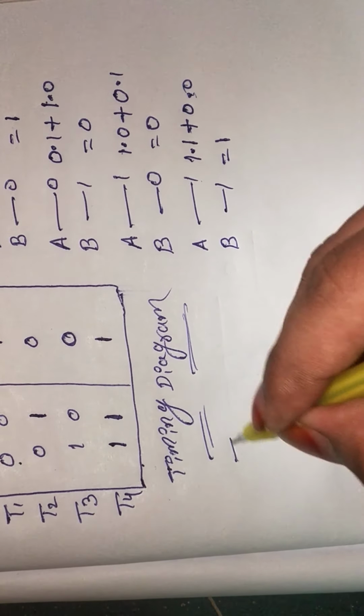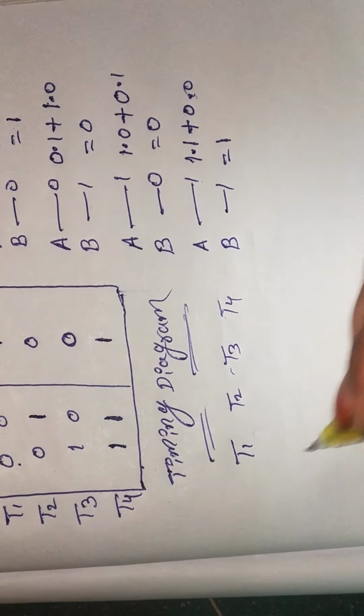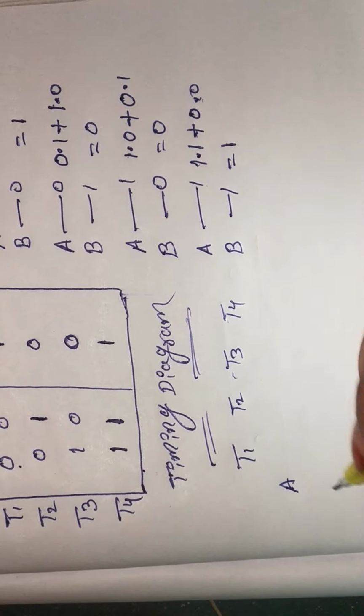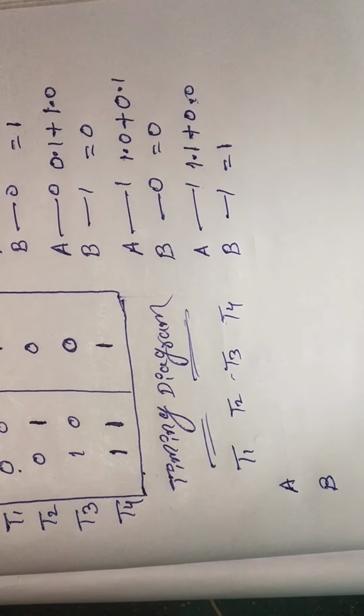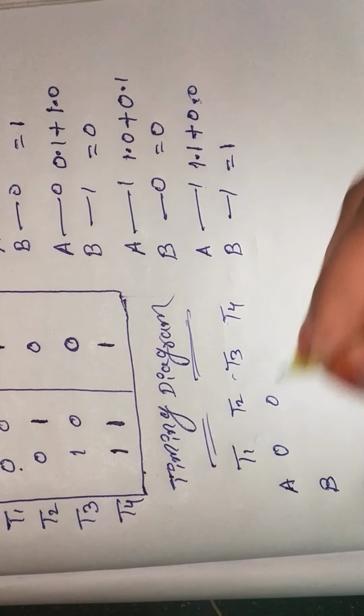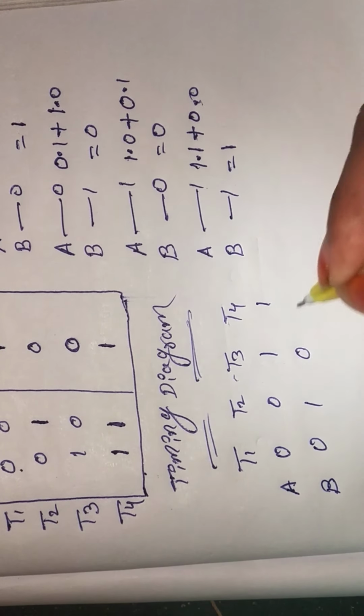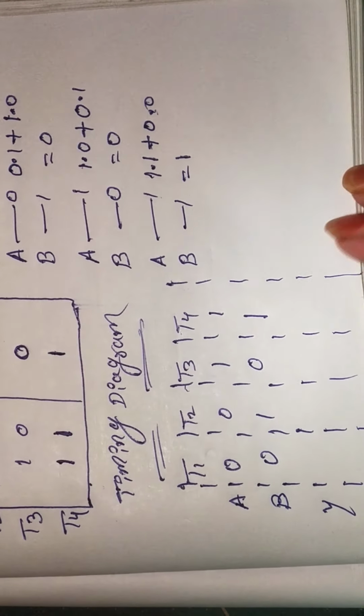Input variables A, B, output Y. A takes 0, 0, 1, 1 and B takes 0, 1, 0, 1. The timing diagram becomes